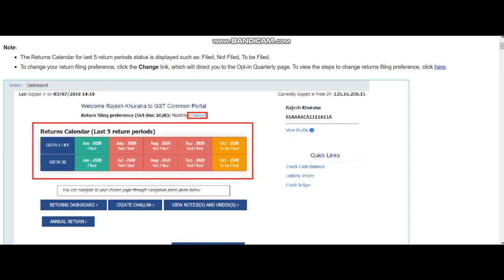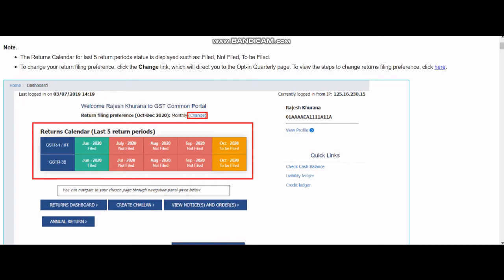This is Amit, and today in this video I'll be showing you how GSTR 3B can be filed. So basically, when GST was implemented in 2017, the process of filing GSTR 3B was very simple, and there was no restriction. Whatever entries you want to make in GSTR 1, and whatever entries you want to make in GSTR 3B, you can just make and file it.